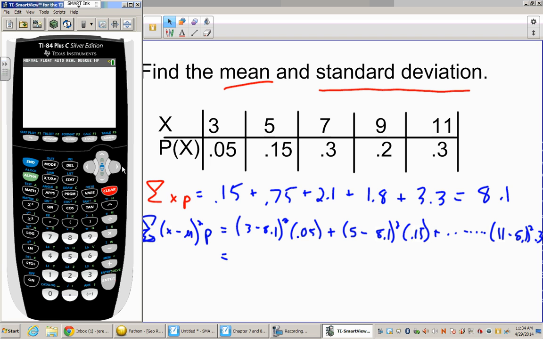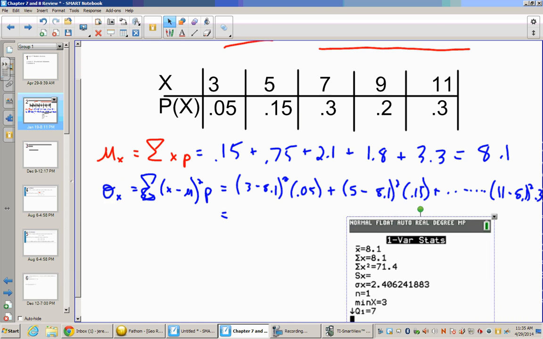Now, if you want a quicker way to do it on a calculator, put your values in L1 and L2. Once they're in L1 and L2, you hit stat, go over to one-variable stats. Here we have to put in L1, comma, L2 if it's a probability distribution like this. And when we hit enter,